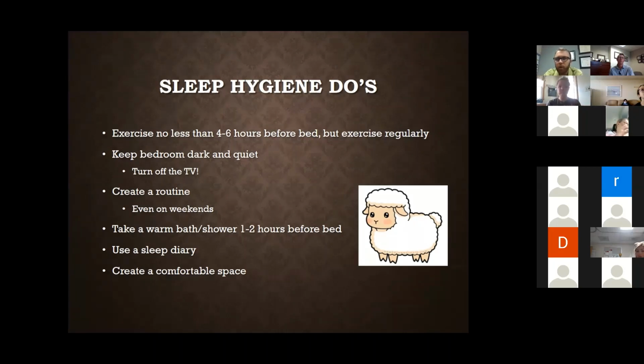You can use your phone to play white noise, or a thunderstorm sound, or things like that, that aren't going to have the screen on. Routine is a hugely important part of this. You always want to go to bed at the same time, and you always want to wake up at the same time. If any of you are on night shift right now, I know that's maddening to hear. You'll realize how that wreaks havoc on you after a week of night float, trying to get back into the routine. So when you notice a patient doesn't really have a routine, or has varying shift work, that's going to be really challenging for sleep hygiene.